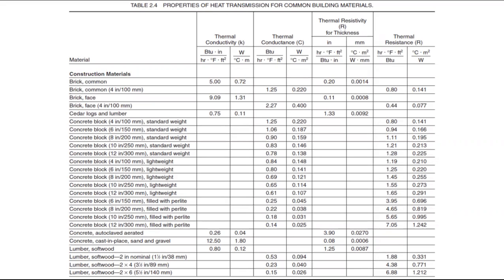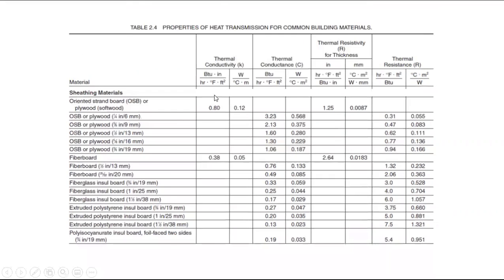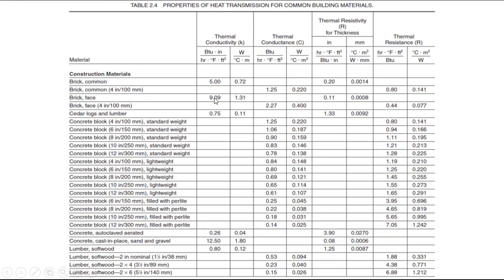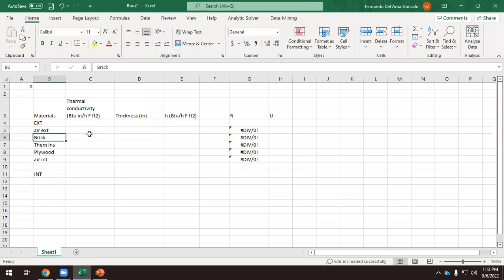Is it brick? Is it concrete with whatever related, or is it gas insulated? I told you that if we are in the same order of magnitude, it doesn't matter that much. Okay, so we are using either 5 or 9. Let's use 5 for this exercise. So for the brick, the thermal conductivity is 5. The thickness